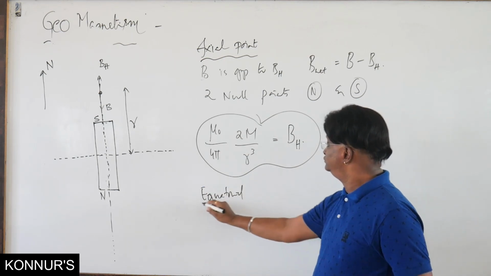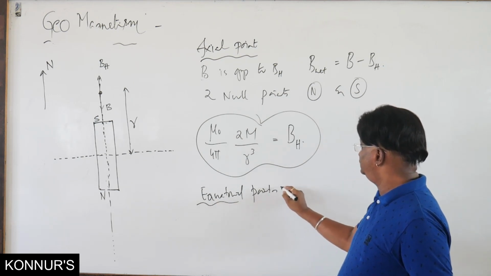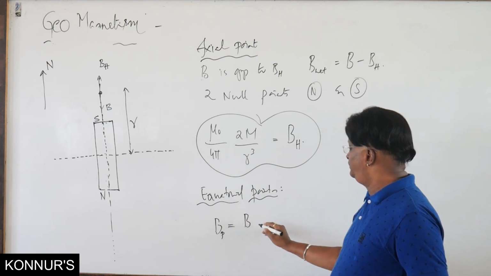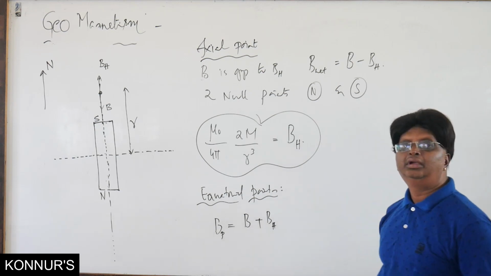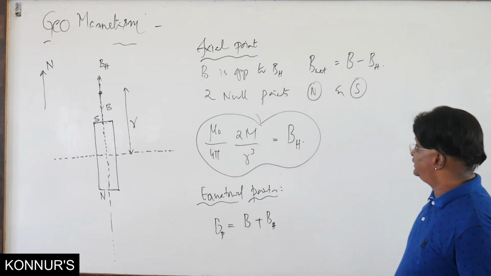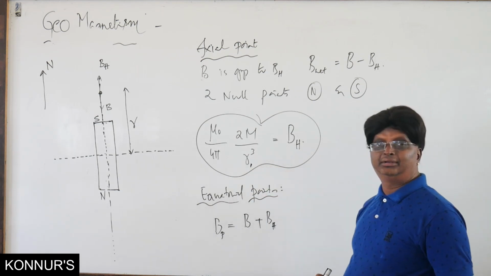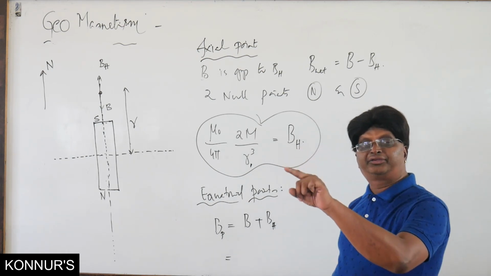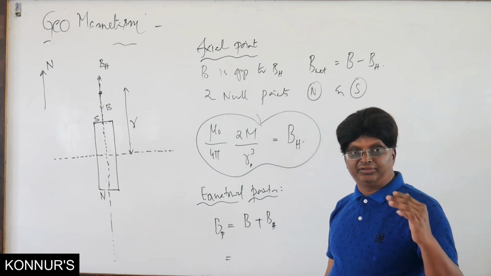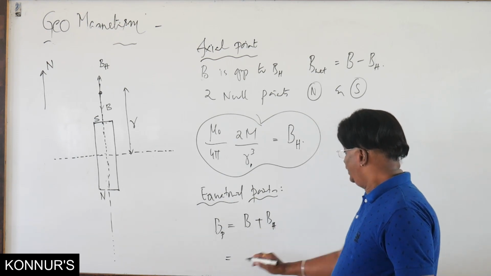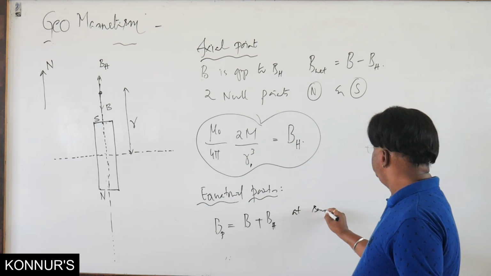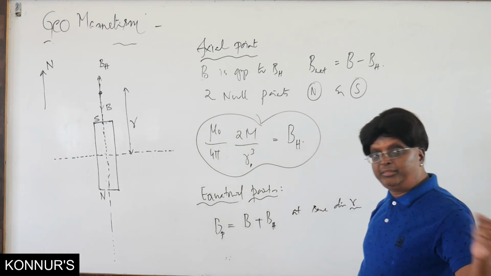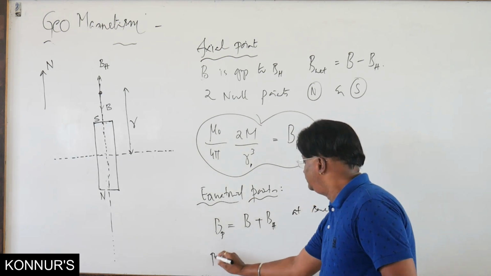Equatorial points, you will do it. B at any point is equal to B plus BH. It will be anything inside. Supposing I take the same distance point, east and west, then what happens? Remember, from axial point to equatorial point, the intensity of the induction is halved. Therefore, I am writing for the same distance R, where R is the distance of the null point in this case. At the same distance point, east or west,